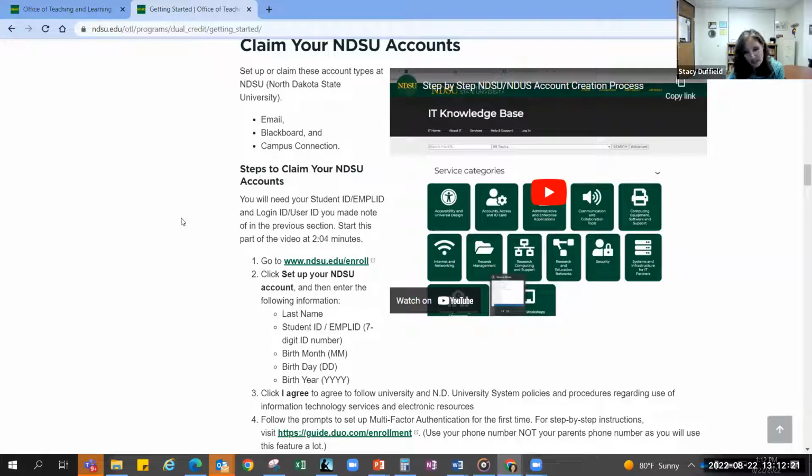The other thing, Campus Connect, is more of the overall system for the university and for the university system. This is where, for example, you'll find your transcript. You can see all the classes you've taken. You see your schedule for the upcoming semester. It's kind of like PowerSchool is for you all in high school. In fact, Campus Connect and PowerSchool are all in the same system. PowerSchool is just the high school version, and Campus Connect is the college version.